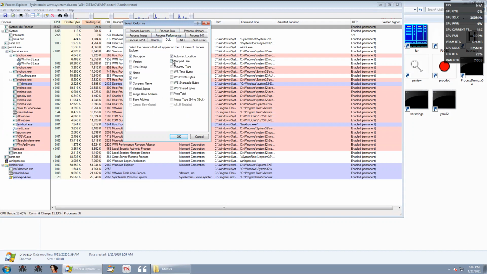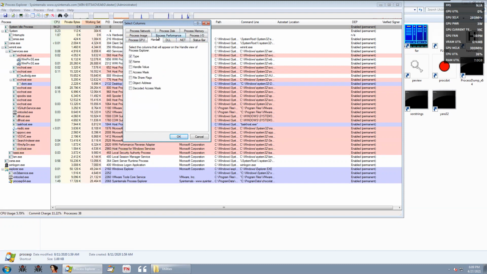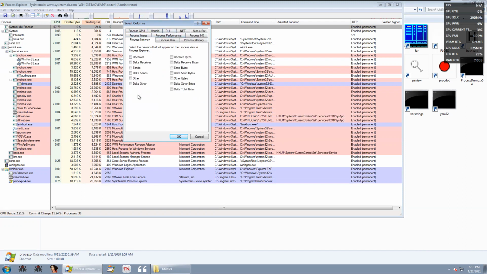DLL, description, auto start location, map size, leave it. VirusTotal, image type, and base address. We don't need this. Verified signer, who actually created that file. Even though it's not something no one can spoof, a certificate, that's still possible. And what else? The process network, no, I'm going to leave it. Process disk, how much data it's reading or writing, reads and writes, that should be okay.